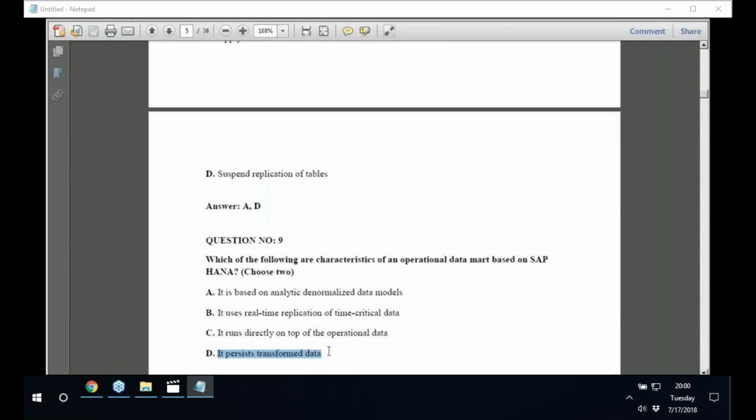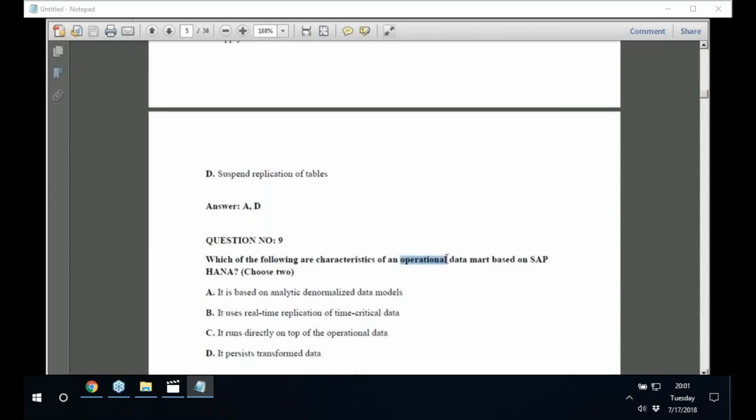Which of the following are the characteristics of an operational data mart based on SAP HANA? Okay, the answer is